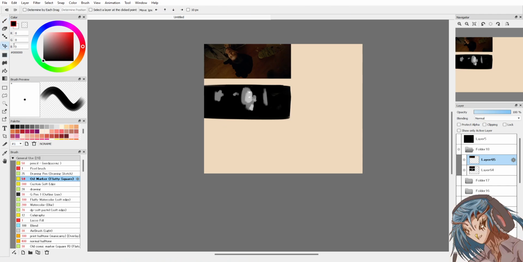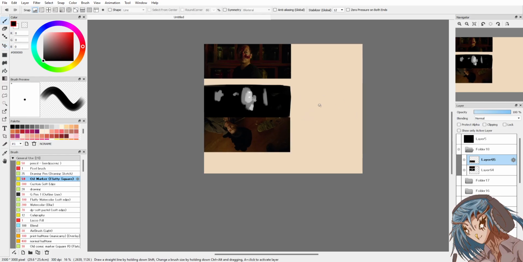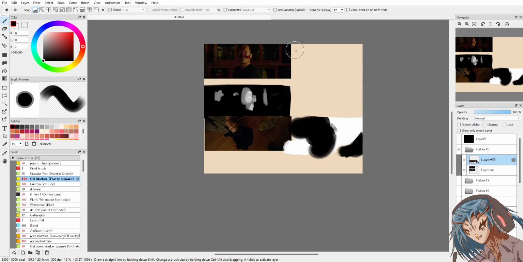It's a lot of blood. Single character shot, focal point on the face.